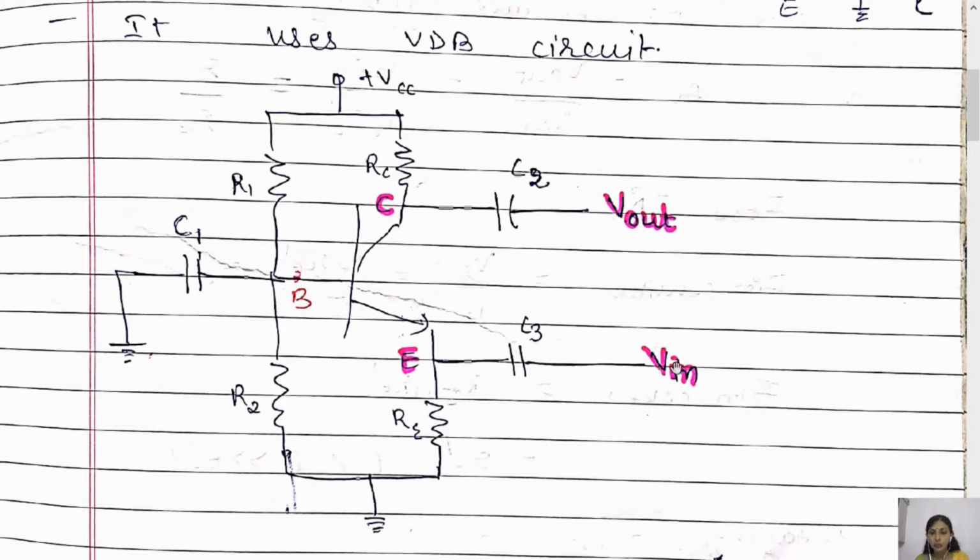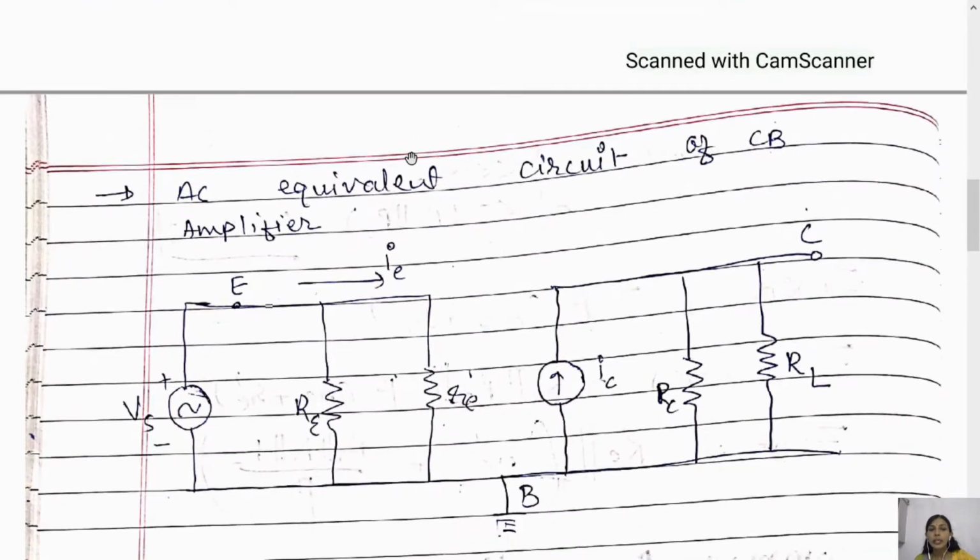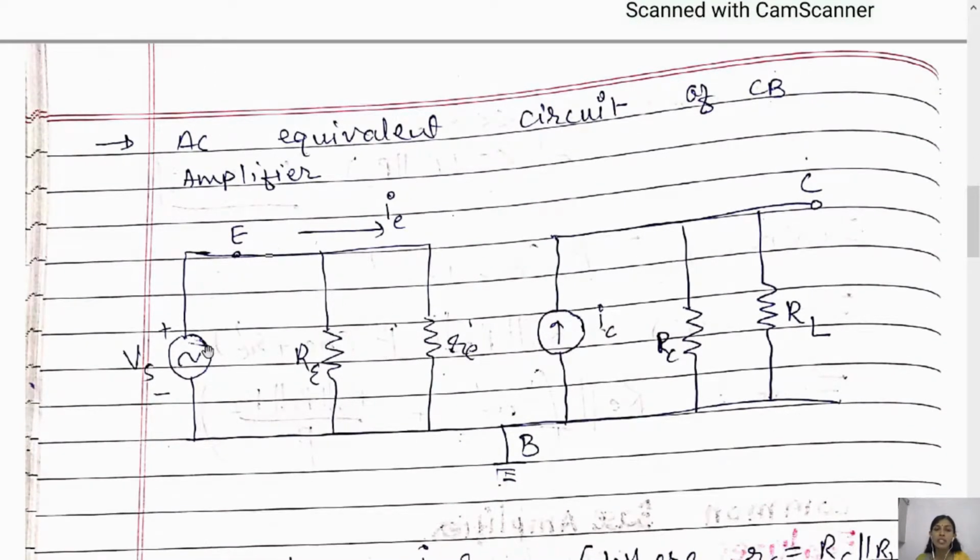Look at this: the input is given to the emitter, so the input resistance is RE, and the output is collected from the collector terminal, so the output resistance will be RC. The input resistance we draw on the left-hand side, and the output circuit on the right-hand side. So RE is drawn parallel to re dash on the left-hand, source side, and RC and RL, the output resistance and load resistance, are always at the output side, right?